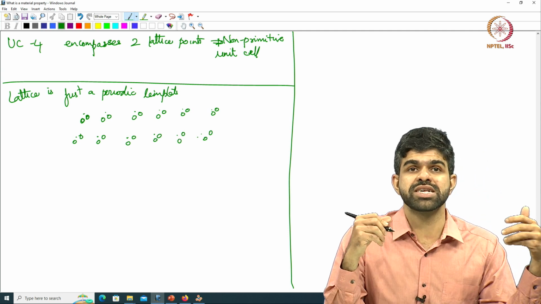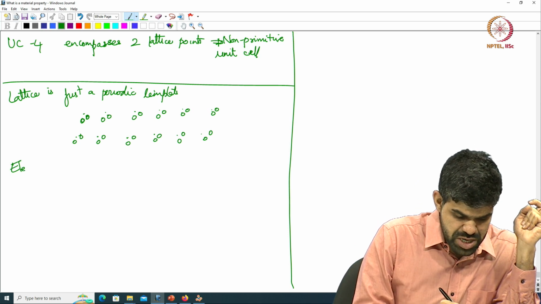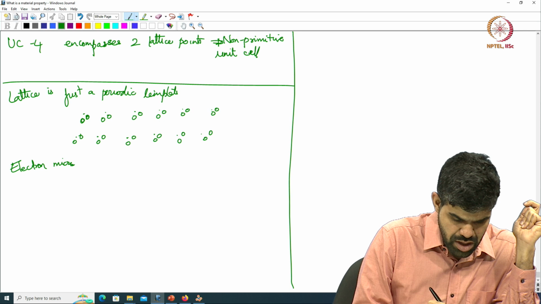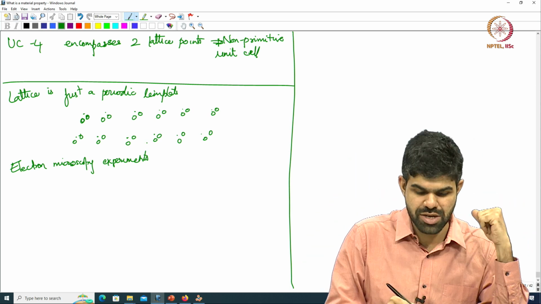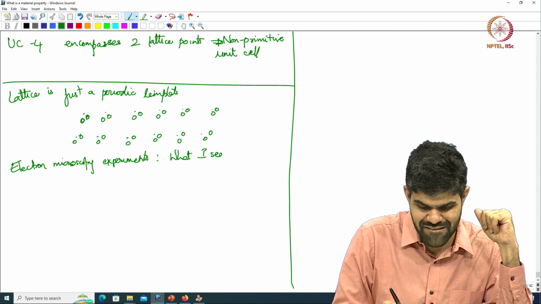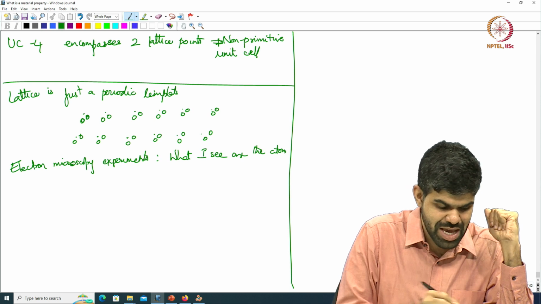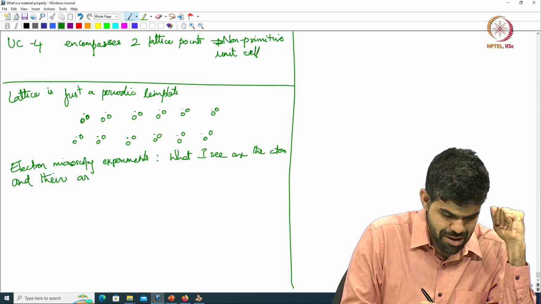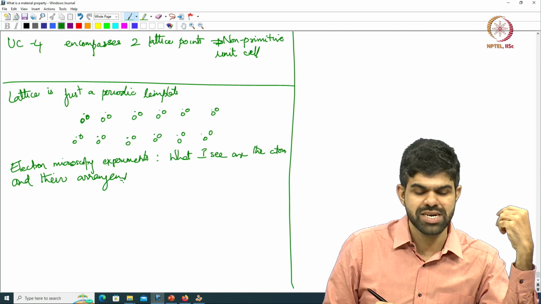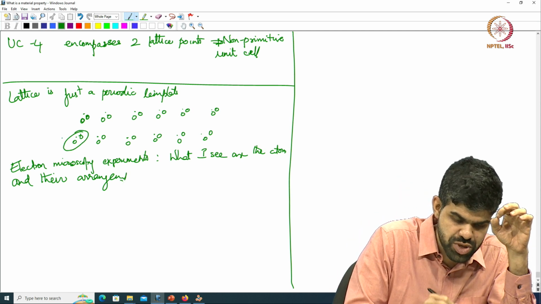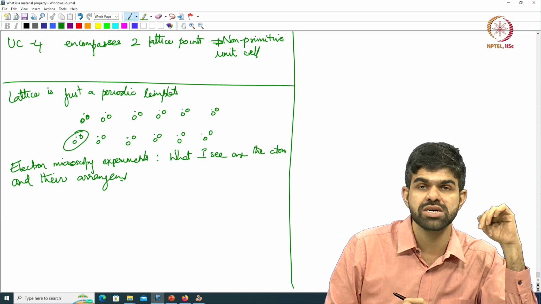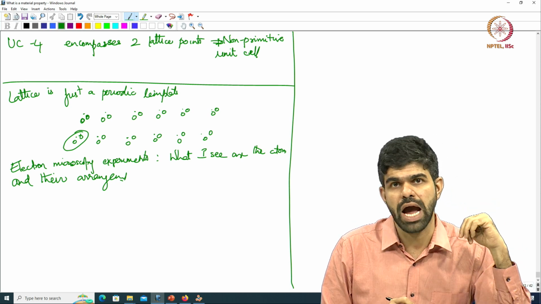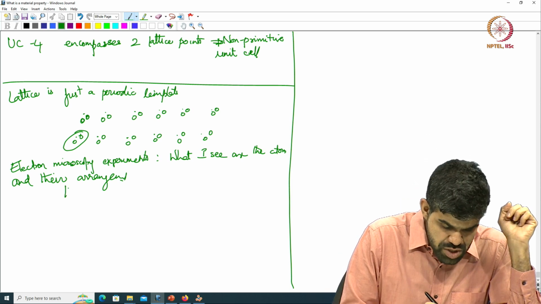The lattice point really does not exist. When I do an electron microscopy experiment, I do not really see this abstract collection of lattice points. What I see are these dumbbells, the atoms and their arrangement. So, these are real things. With respect to a lattice point, where the lattice acts as a template, I am putting this single unit, in this case a dumbbell of atoms. It can be whatever atom it is. So, that is what is called a motif,